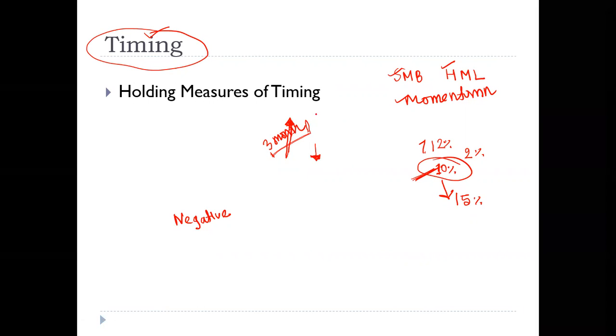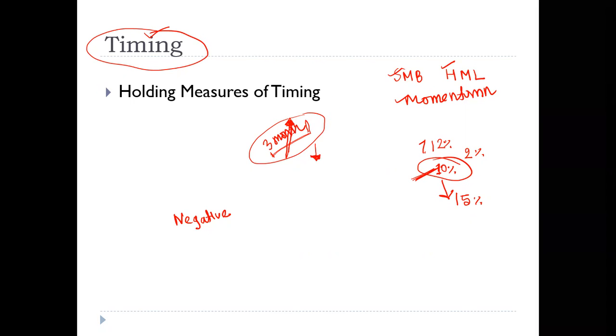Sir, I will take a long position now and liquidate after 3 months. Okay, that is your timing strategy. What you are doing is taking a position based on an influencing factor which is expected to give higher return at this time, and then this factor will collapse and will not give you a high return, it will give you low return, then you will try to take the reverse position.